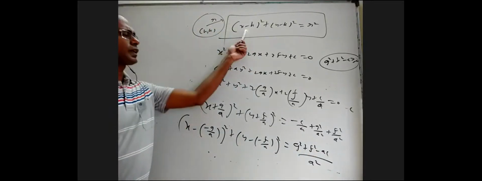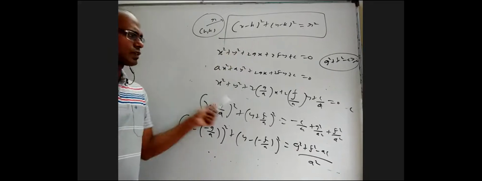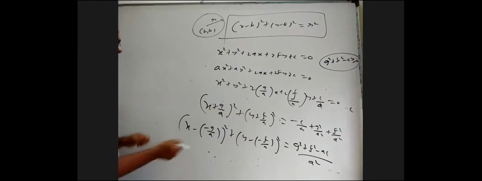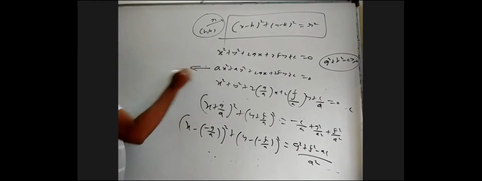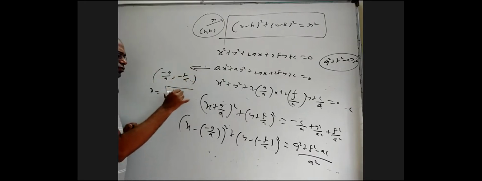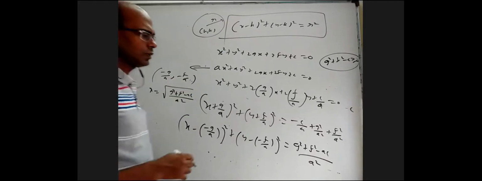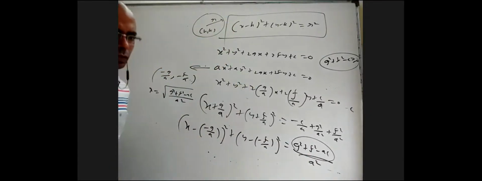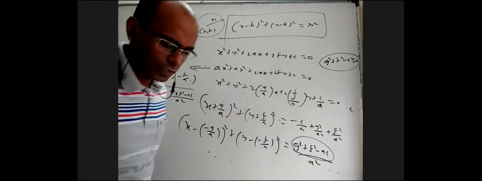Okay, now if you compare again, whenever a is there, you can divide it and then use the previous formula that we have, or you can make a formula. You're getting the center for this circle as minus g by a, minus f by a. The radius is root over g square plus f square minus ac by a square. Once again, only when this is greater than or equal to 0 will this represent a circle. Otherwise, it will not represent a circle. Okay, so we have seen the general equation of a circle with center and radius.